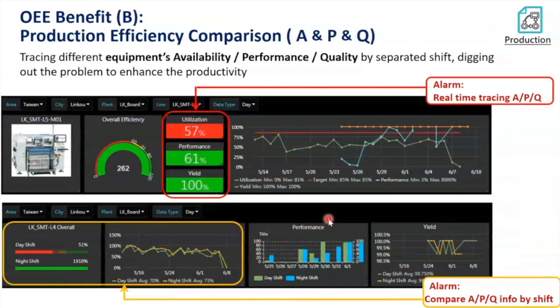Second, we have the production efficiency comparison of the APQ. This is actually to trace different equipment's availability, performance, and quality by separate shift, okay? And it's there to help you dig out the problem to enhance the productivity. So this is really very helpful for your production flow and lets you know how the overall performance of a production is. In this page, you can see